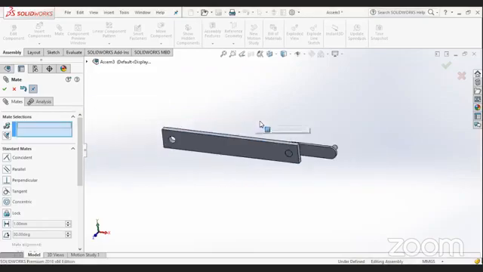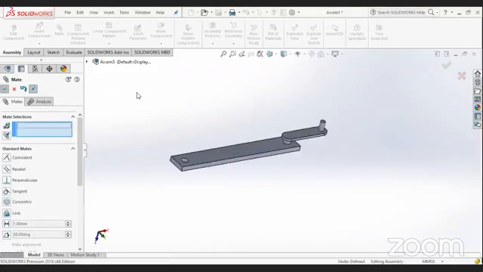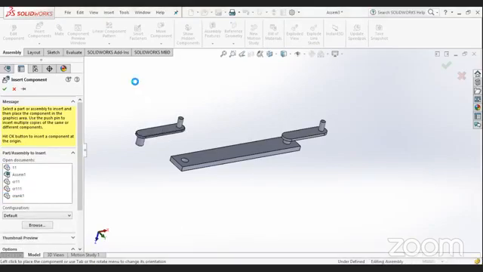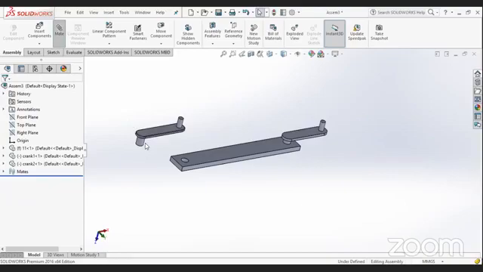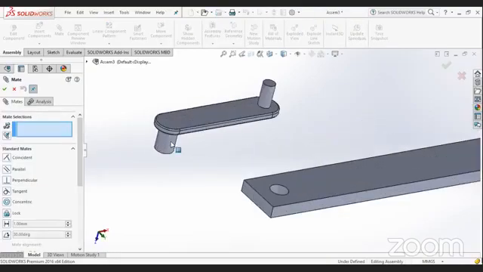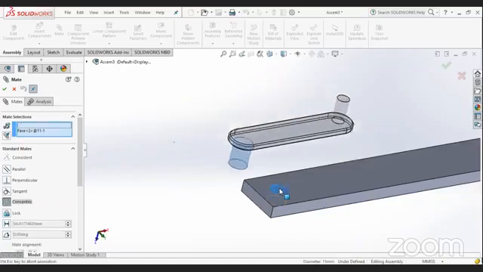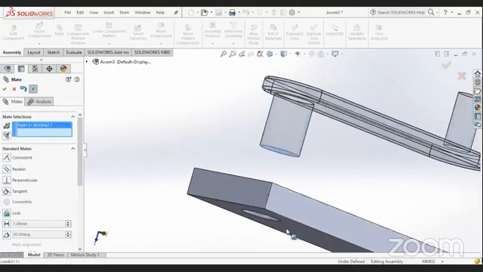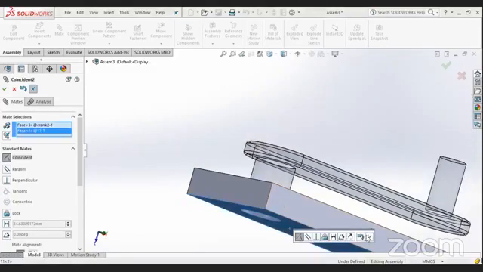Now I'll be bringing the next crank. Insert crank number 2. This is crank number 2. Again we'll click on mate, which is nothing but a geometrical constraint. Then this face and this face.